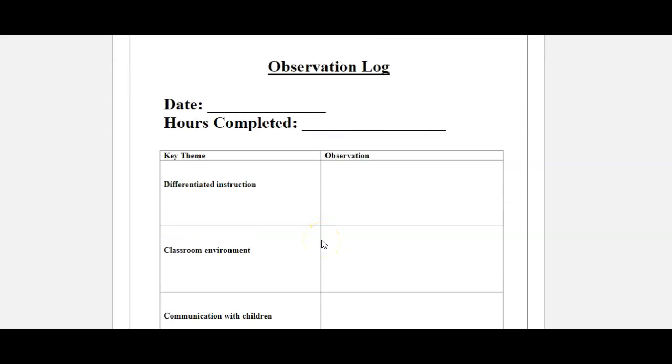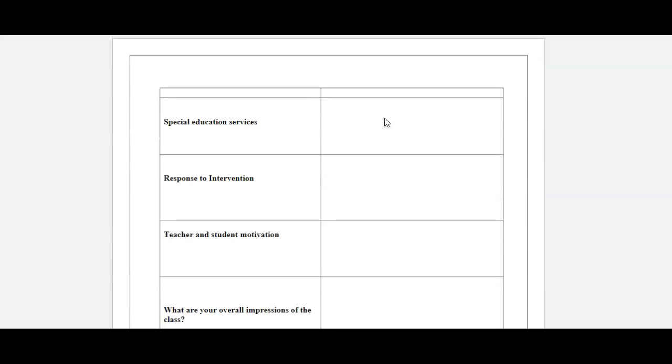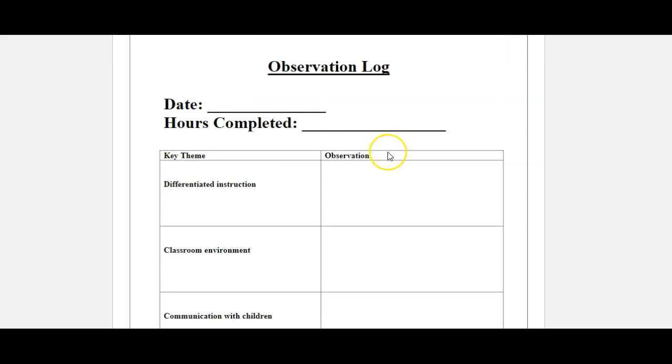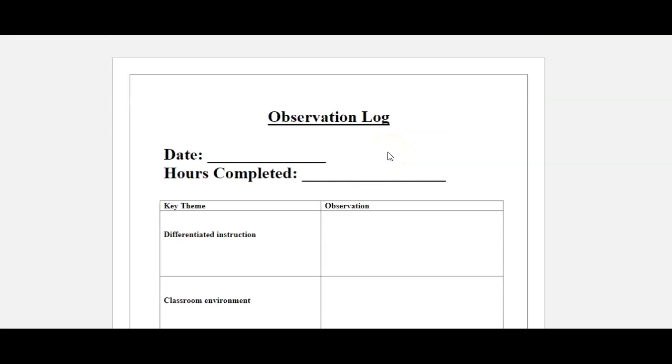Now, it's up to you how you want to do this, but obviously each video is separate. Let's say you sit down and decide to watch 4 videos, which is an hour. I'm not asking you to print out 4 of these because that might be too much. So as long as you're keeping track of the name of the video, how long it was, and the date you watched it,